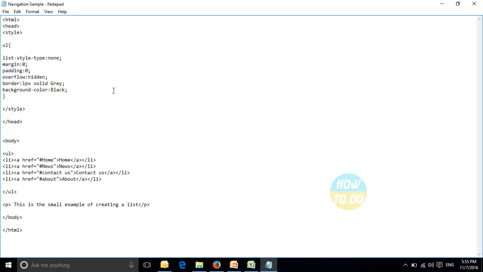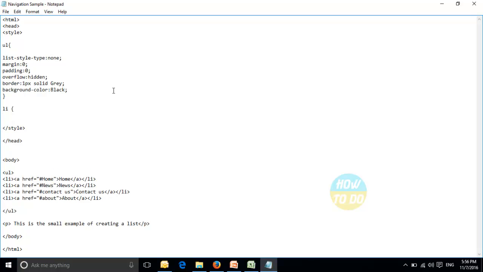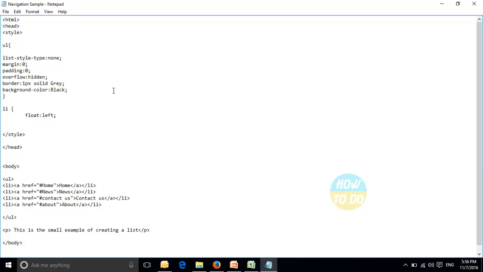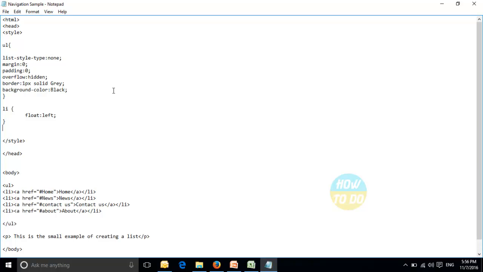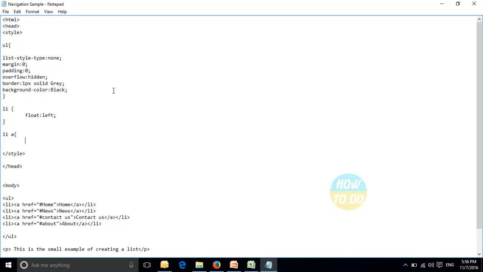Now we have applied this for the unordered list. So now for the list item, I am going ahead and giving float, which is left, and I'm closing this with a curly bracket. Now we have the A section as well, which is the anchor section, and for that A